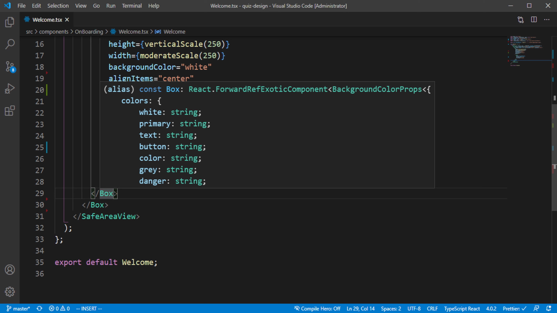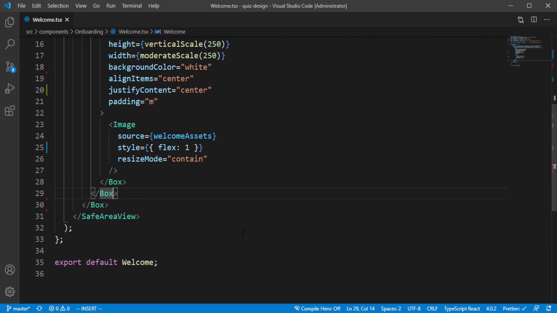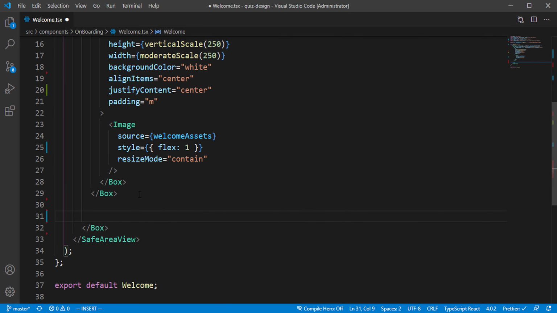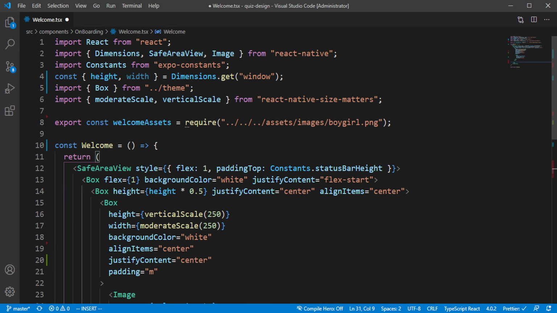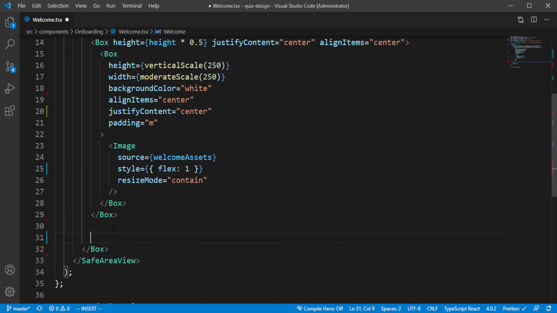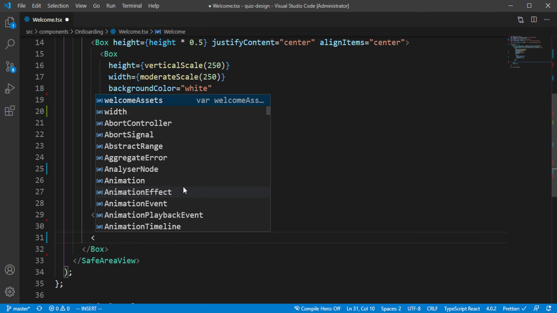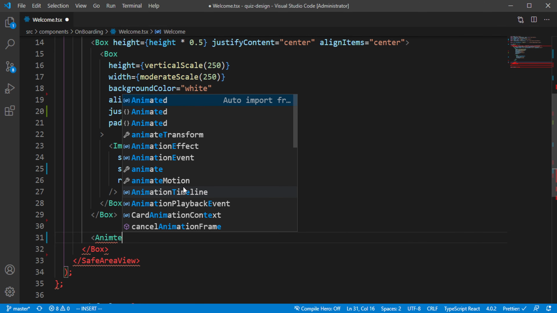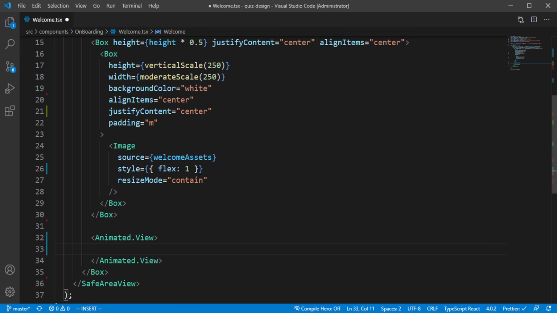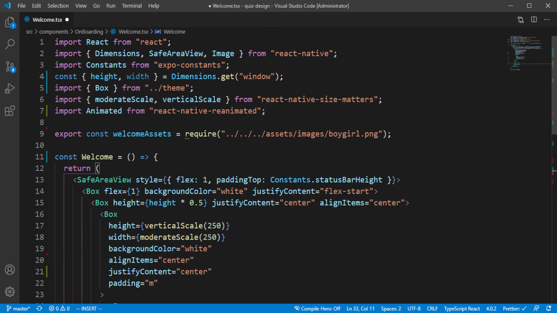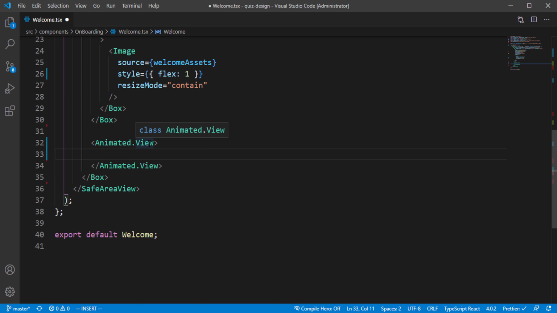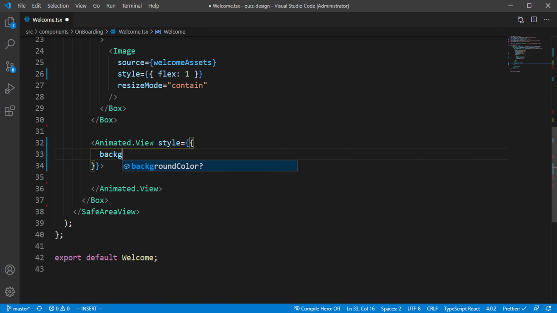So beneath this box, this second box over here, remember that we're using flex start. So this one goes to the top. So anything that we use here and add a flex of 1 is going to automatically take the remaining width and the remaining height. I'm going to bring in an Animated.View. So the Animated.View is coming from React Native Reanimated. And it's going to accept some inline styling. So the first one is going to have a background color of,